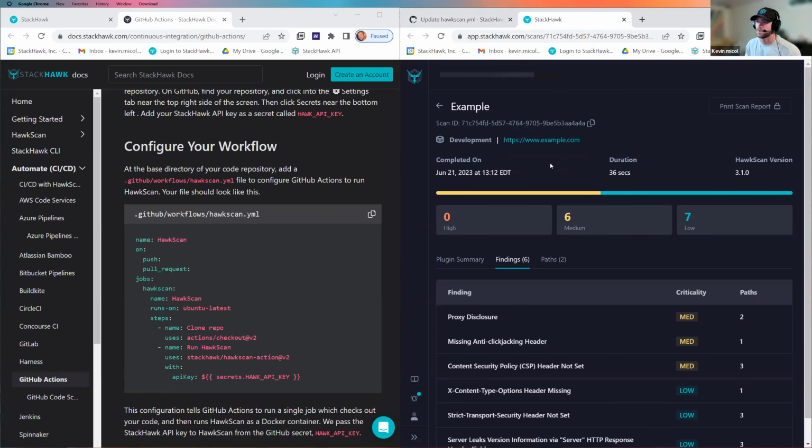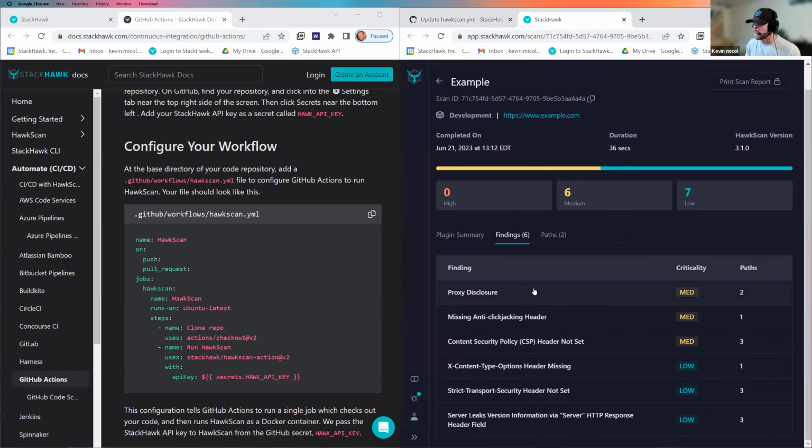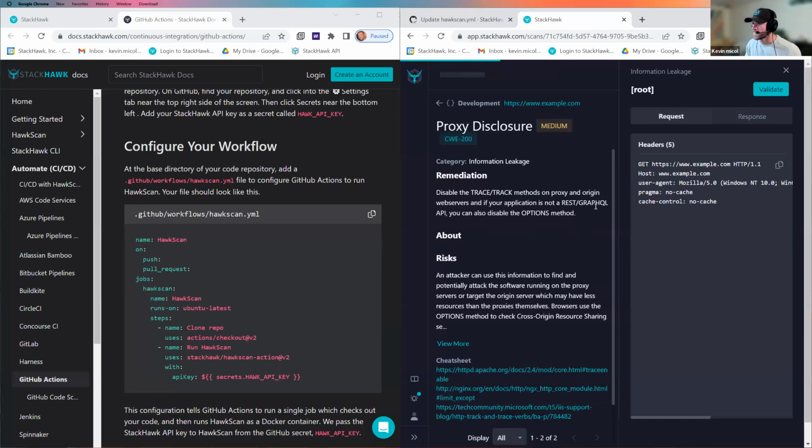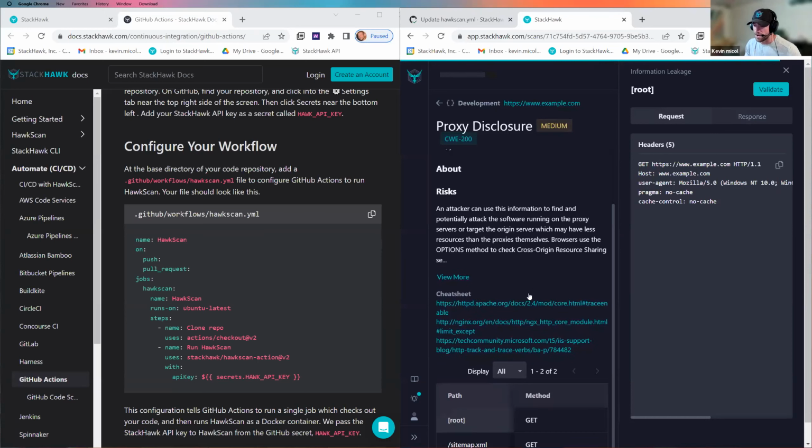So here we can jump out to the platform after a scan has occurred by clicking those links. We can jump into a finding. And here, if you've used the platform before, you're pretty familiar with this page, but if not, this is where you will remediate findings. You'll come in here and we're going to give you a bunch of information on particular findings, and then you can scroll down and there's all kinds of good information here